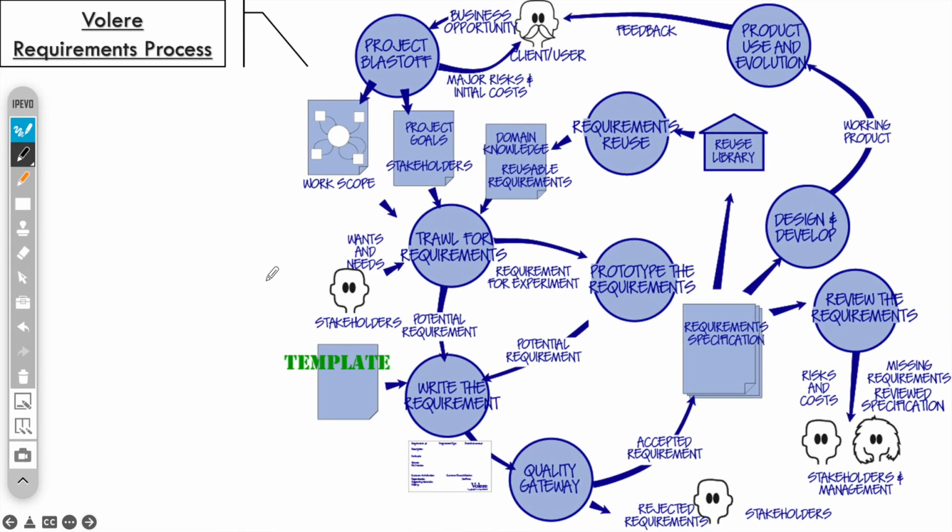In essence, we have followed the Volere requirements process, and the image here shows the flow of activities that are part of this methodology. I really encourage you to follow the link from this presentation and read more about Volere on the official website. The only thing I would like to emphasize here is this part about requirements reuse. This means that we can not only reuse software artifacts, but we can do the same for requirements as well. The same vigilance and rigor that is needed for crafting a reusable software asset is imperative for requirements as well.